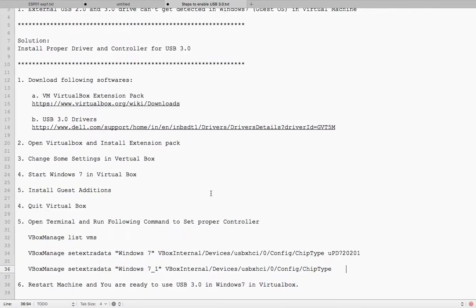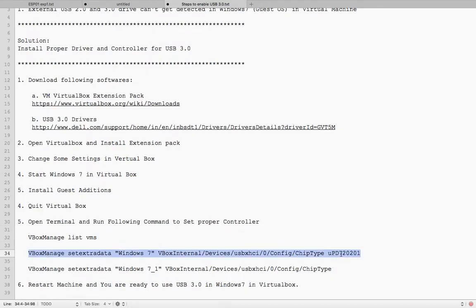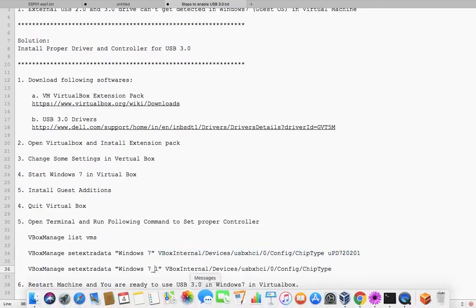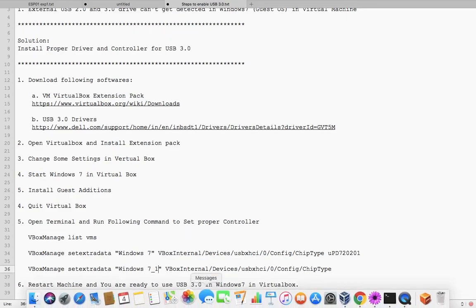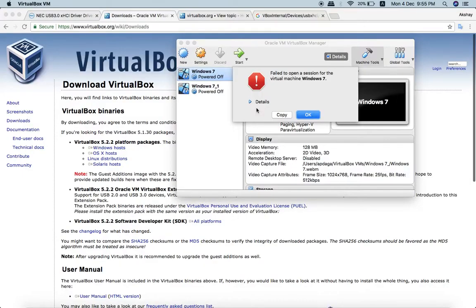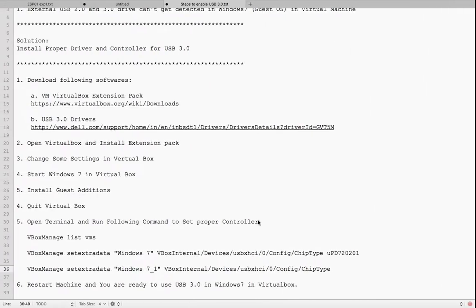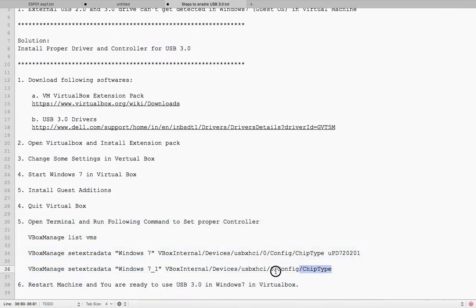Oh, sorry. See, just like I told you, I have set this chipset here. I have given this value. While resetting, I have given the name. You can see it is for second machine. So you can see, I was talking about this only. You can see when I set this chipset, it gives me this error. Okay, so better just avoid these steps. In case it doesn't work for someone, then you can go for this.